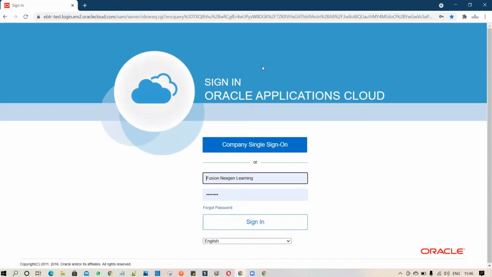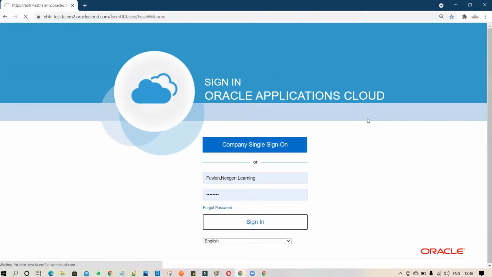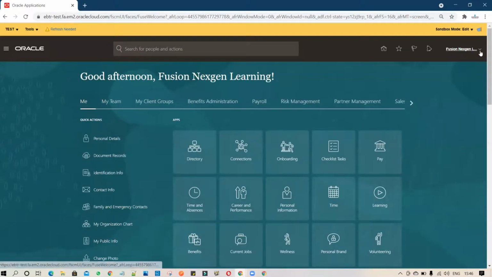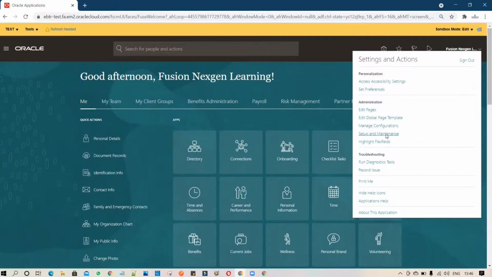In today's demo, we are going to cover how to create RMA order approval in Oracle Fusion. If there is a business need, how to achieve that. To achieve it, you have to first log in. Once you log in inside the system, you have to have the approval groups. To create the approval group, you have to go to the setup and maintenance. So we'll go to the setup and maintenance and we'll create approval group.